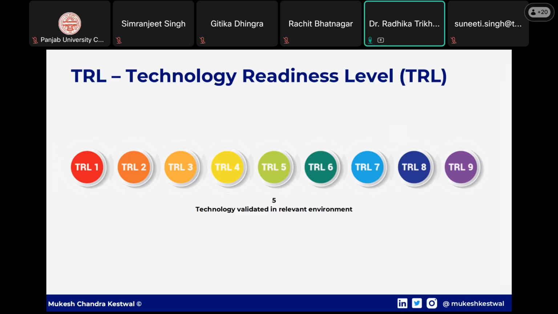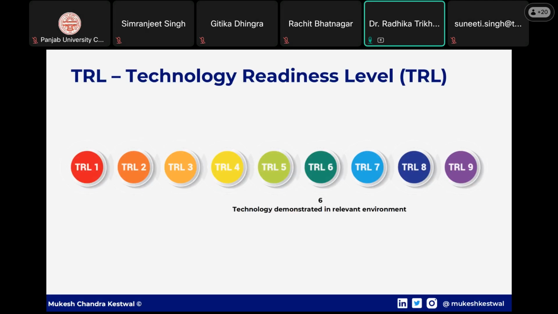तो आपको क्या चेक करना है, रेलेवेंट एनवायरनमेंट में how your technology is going to behave, that is your TRL 5, right. So then comes the टेक्नोलॉजी डेमोन्स्ट्रेशन इन रेलेवेंट एनवायरनमेंट, एक है वैलिडेशन, आपने टेस्ट करके उसको साइड पे रख दिया। अब हम 6 में क्या करेंगे, we are going to demonstrate that technology, I am going to do the live working of that technology